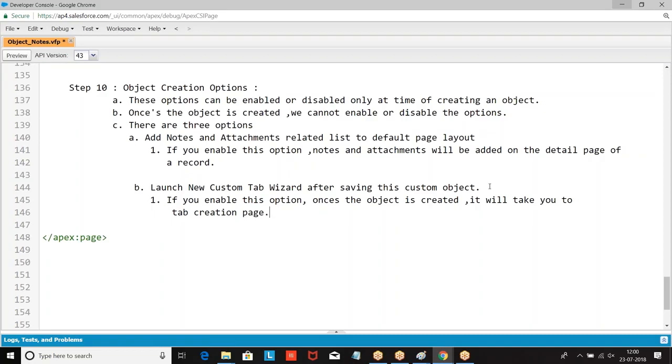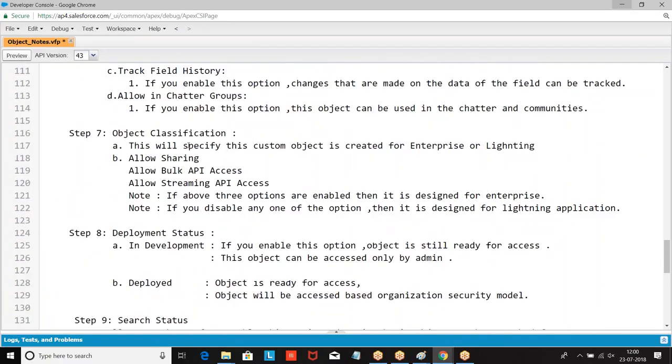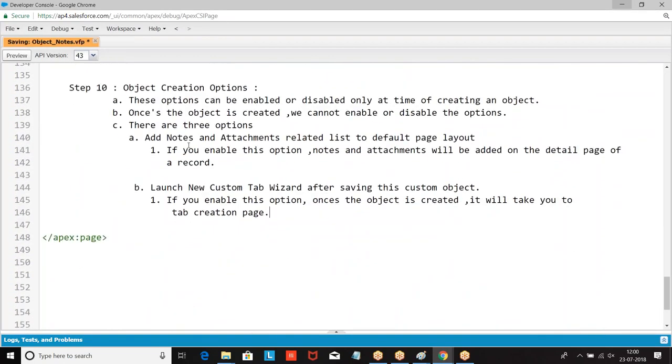Once the object is created, it will take you to tab creation page. Right. So this is how we got it. Now I hope you are clear with this.